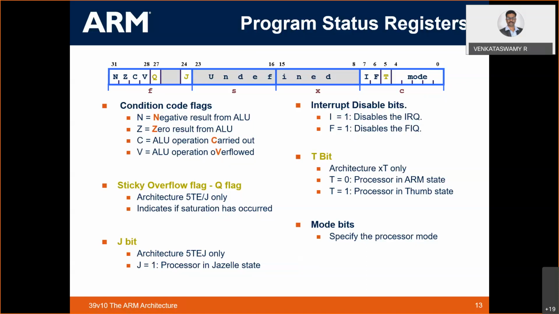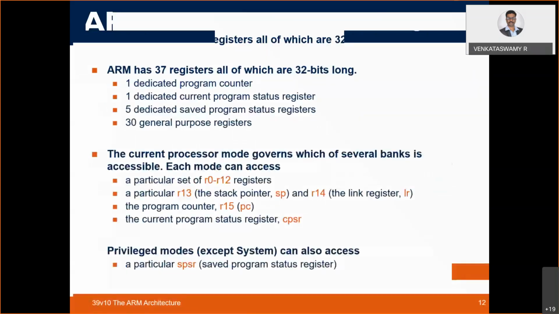So similarly, every bit has some meaning, but it's not necessary that all the 32 bits in the program status word have some meaning. Some are unutilized, for example 28 to 23. They have not given any meaning for those, and probably if they include some other features in future, then they will utilize these particular bits. So we just have to see the pattern. This is important.